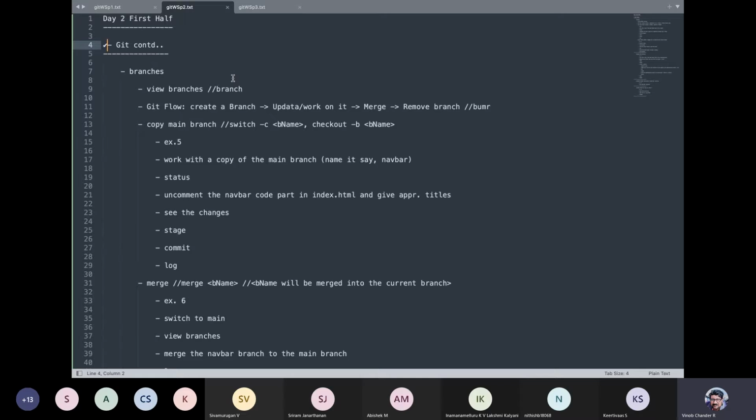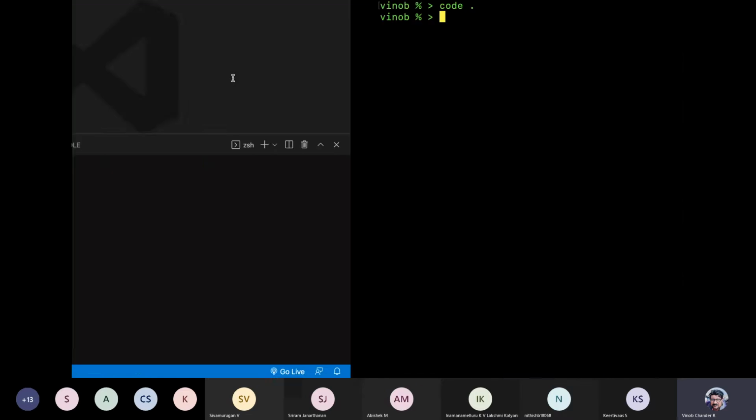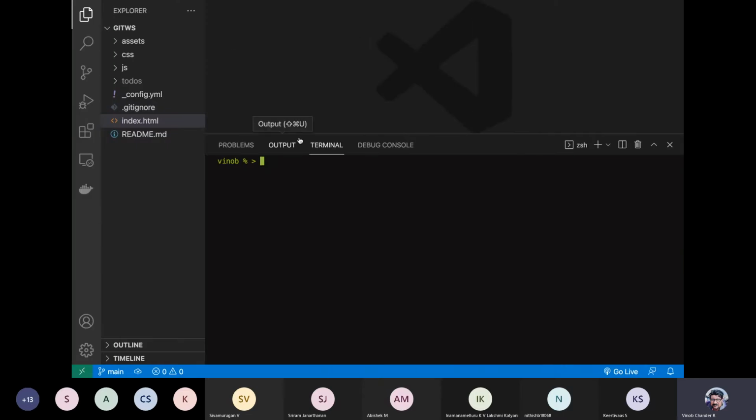If you have missed something, you can make use of the slide, or you can make use of this particular folder and then follow, so that when we see GitHub in the next session, we will be essentially pushing this folder onto GitHub, and then we'll be seeing what are the different features available in GitHub and what we can do or play around with on GitHub, the cloud storage. All right. So if you have not already set up, I recommend you guys have this folder open and see a git status first of all, and do a git log --oneline to see that you have got these three branches.